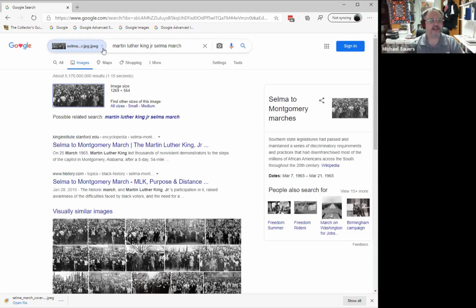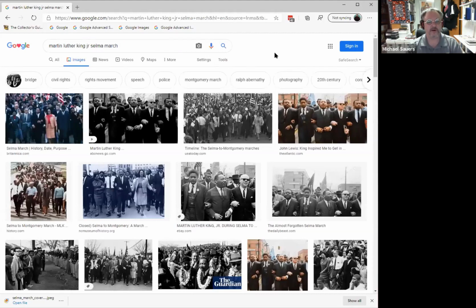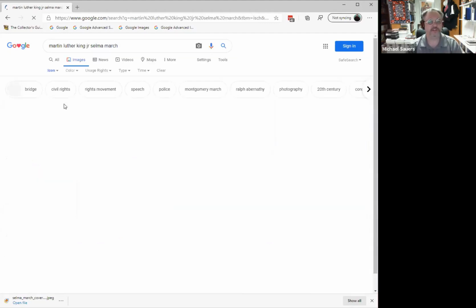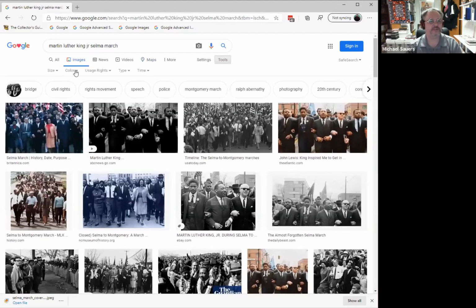So I'm going to clear out that image search and go back to a basic image search of Martin Luther King at the Selma March. And you will notice I have tools yet again. I'm going to click on tools, and you'll see I now have more options available to me than I did when I did a basic search. One is size. So let's say I'm looking for just an icon-sized image that's relevant to this, as opposed to a nice big image. So here are icon-sized images related to this. Go ahead and go back to any size, bring up my tools again.